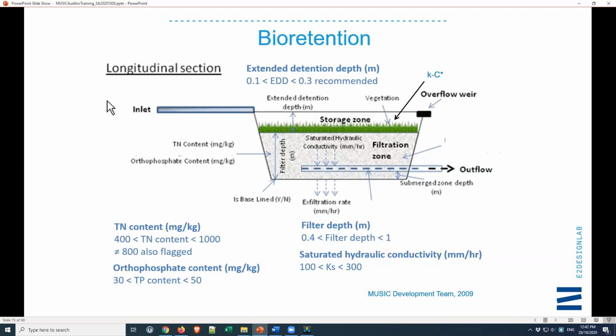We're seeing a lot of bioretention assets struggling due to lack of soil moisture retention within the media. There's not a direct connection, but there's a general relationship that the higher your conductivity, the more sandy your soil is likely to be, the less soil moisture it's likely to hold, and the more likely you are to have plant failure due to your system not holding enough moisture to keep the plants alive. The mitigating factor for that is that you can include a submerged zone, and the CRC is now recommending that you do that pretty much everywhere, that you can put a submerged zone in below any underdrainage that the system has, and that has the effect of holding water in the bottom of the system so it's available for